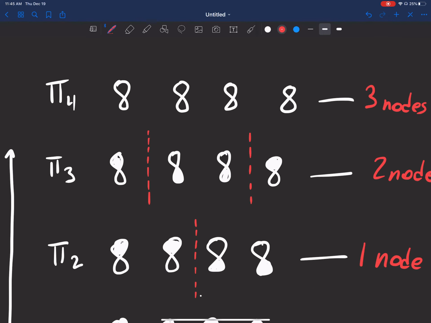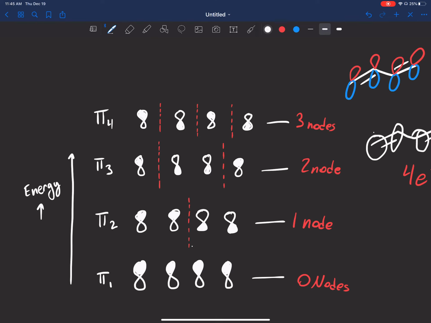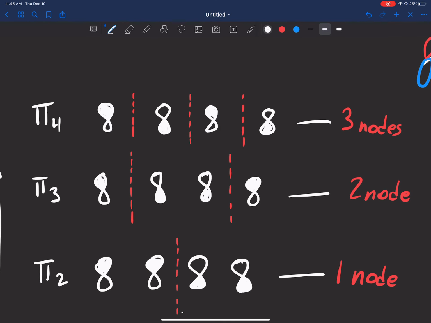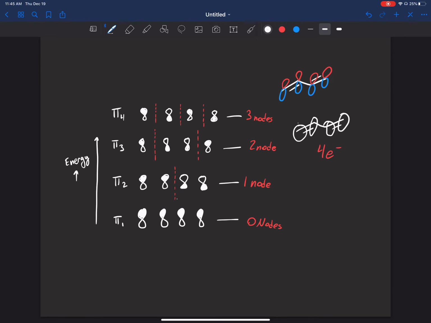Remember, you must keep it all symmetrical. So how are we going to put 3 nodes? You can put one here, and one there. Shade this one at the top, bottom, top, bottom. So you see there is no overlap from any of the orbitals. This is always going to be the highest molecular orbital, which is also the one with the highest energy,